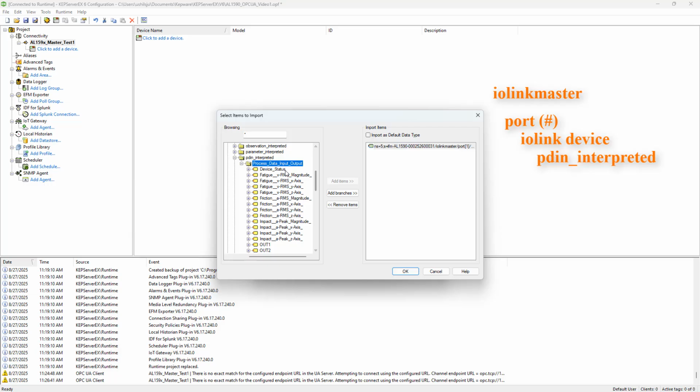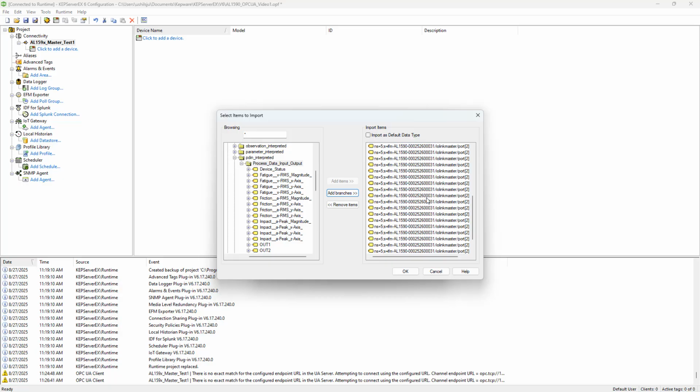So in this case, let me see if I just add all branches. There we go. That brings over everything. You might want to double check, or we will double check and see if that's just a little too messy or not, because there's just a whole lot of information that we can get over